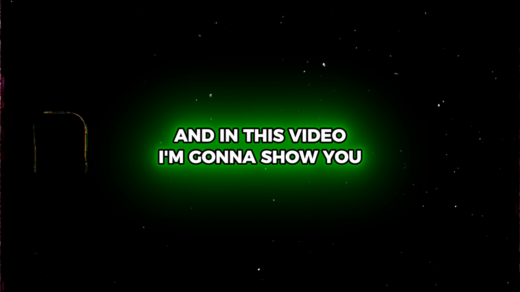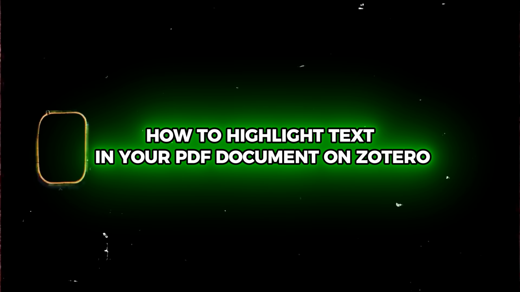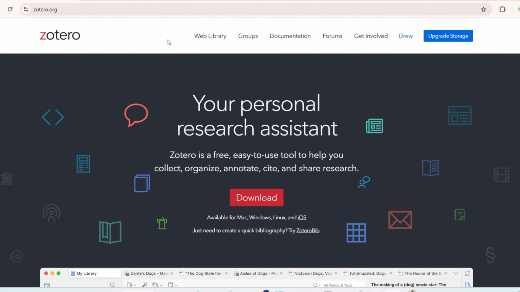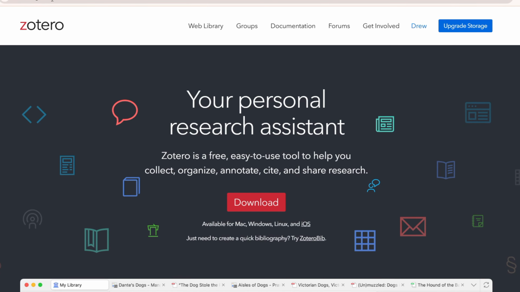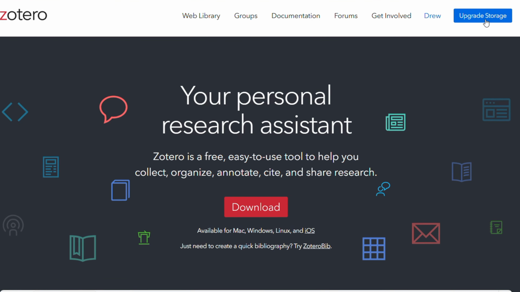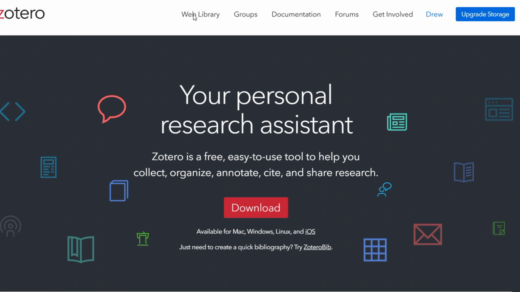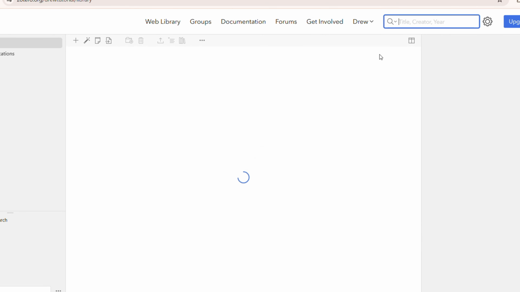And in this video, I'm going to show you how to highlight text in your PDF document on Zotero. So log into your Zotero account. I'm currently using the web app. As you can see here, I'm on Zotero.org and I'm signed in. So now I'm just going to click on the web library here at the top from those many options,